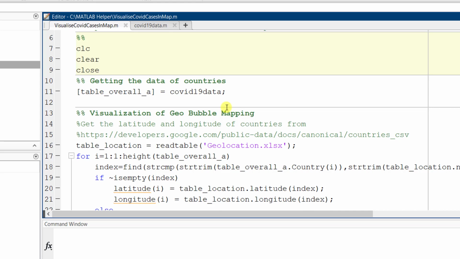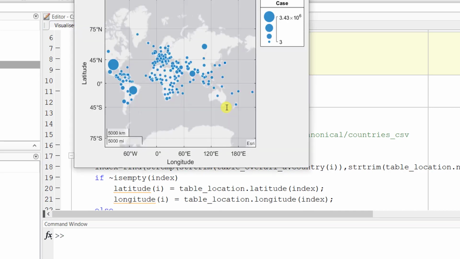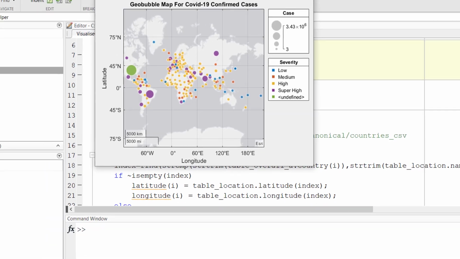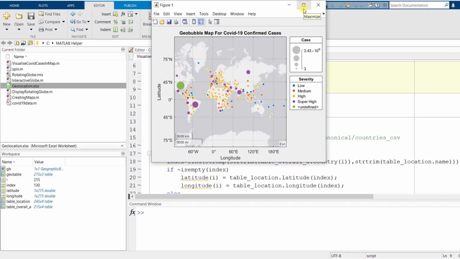It's taking some time to run. Okay, now we have the map.